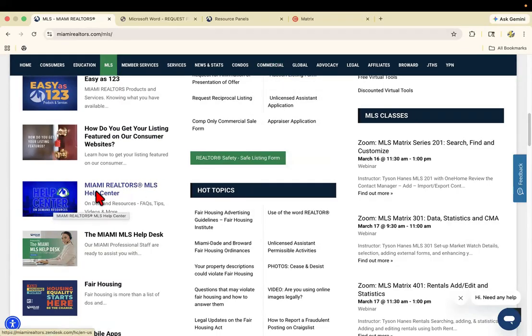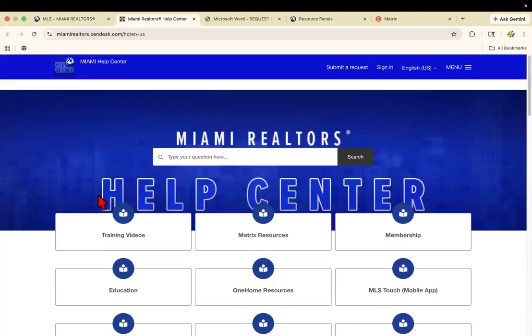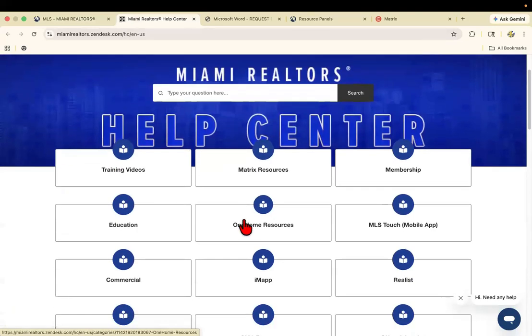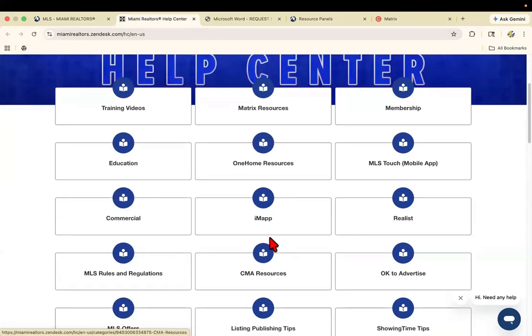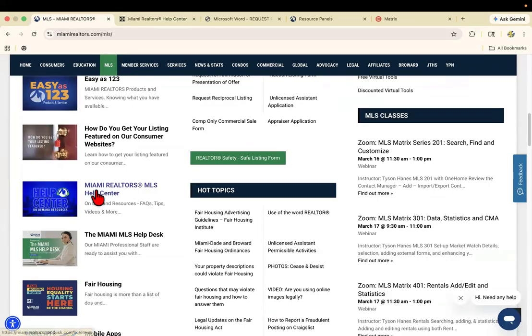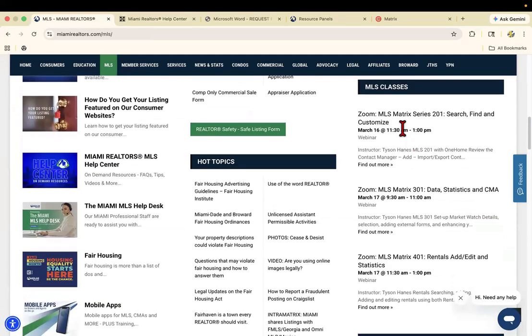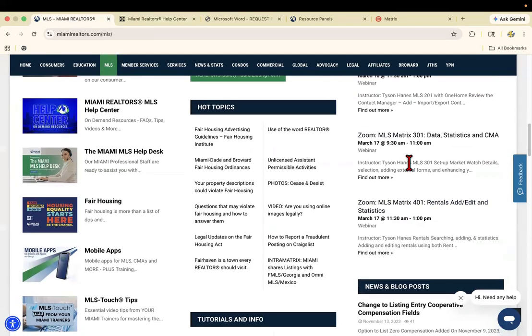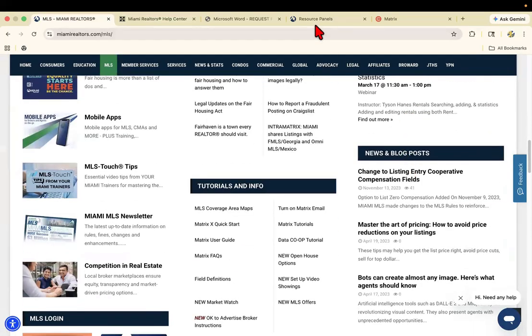All right. We have a section here where you see Miami Realtors MLS Help Center. This is going to take you to a knowledge base that does include training videos, Matrix resources, resources also for your clients, including One Home, commercial resources, IMAP, Realist, CMA resources located here where you see Miami Realtors MLS Help Center. Also inside of the MLS page, you can find all of the upcoming MLS classes that you can register for, including this week's 301 and 401. And then as you go down,